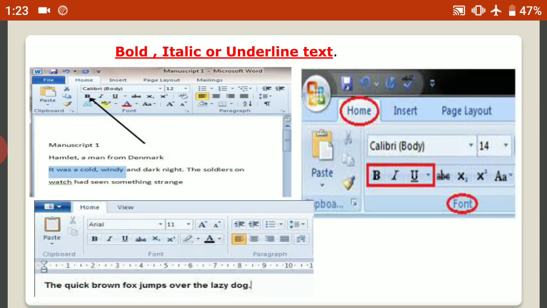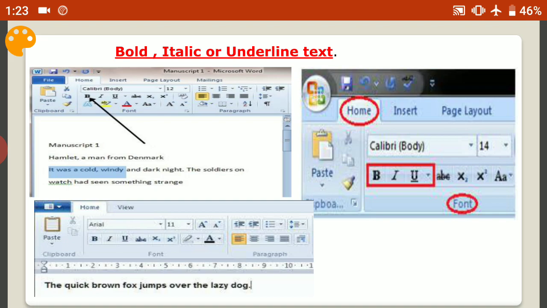The next is bold, italic, or underline the text. If you want to bold your text, you can just follow some steps. You can bold, italic, or underline text to emphasize information in your document.